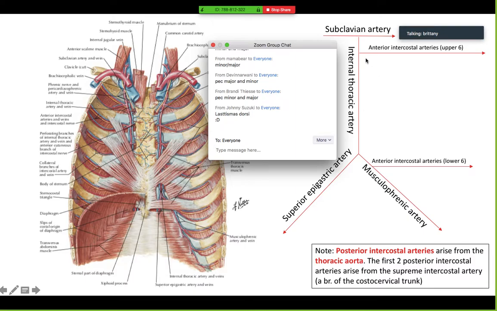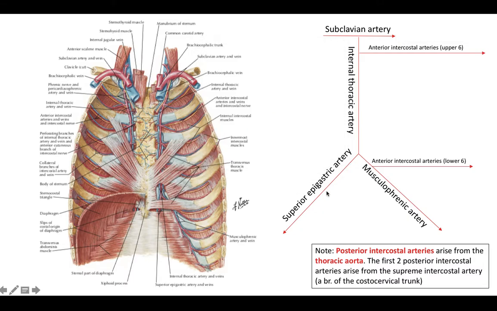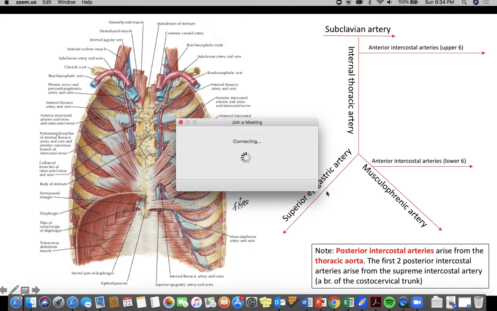And then your anterior intercostal arteries, running along the anterior wall: the upper 6 branch off of the internal thoracic artery, and then the lower 6 branch off of the musculophrenic artery. Okay, so superior epigastric, it is a